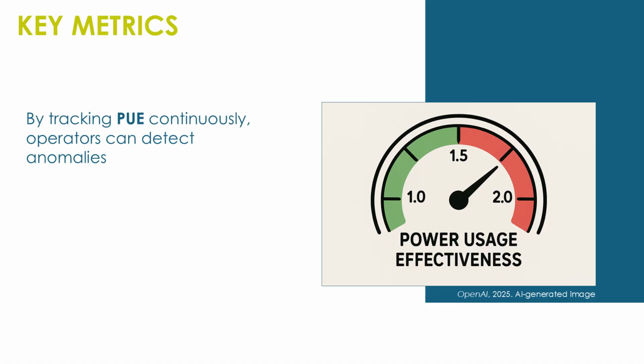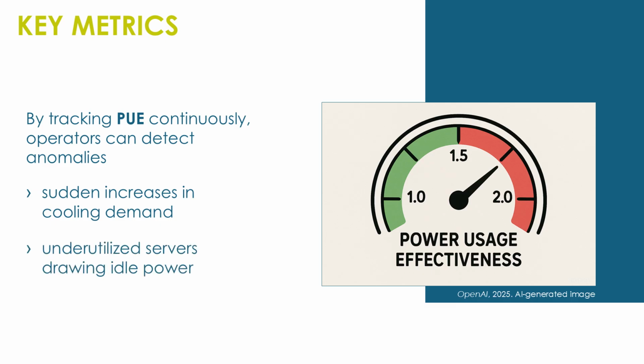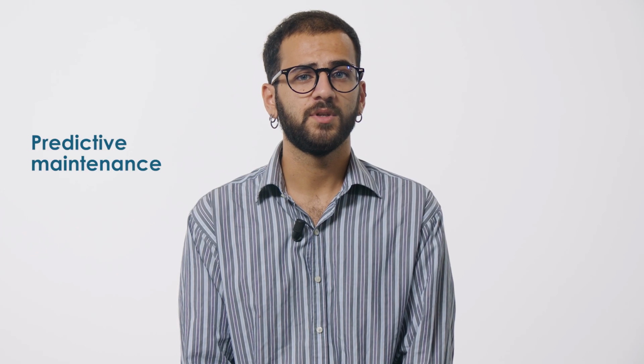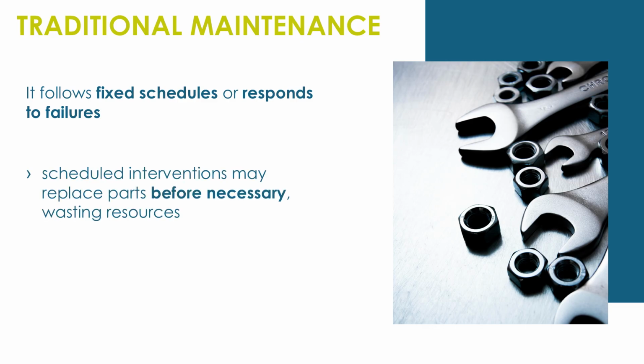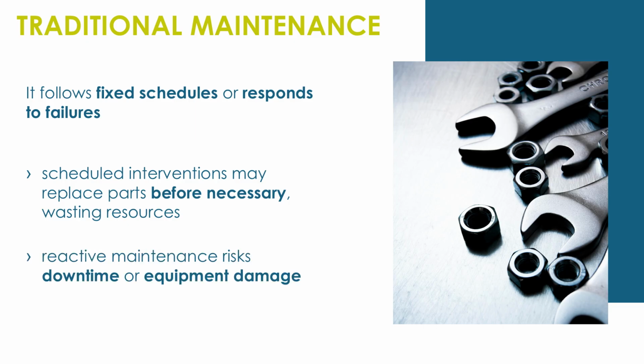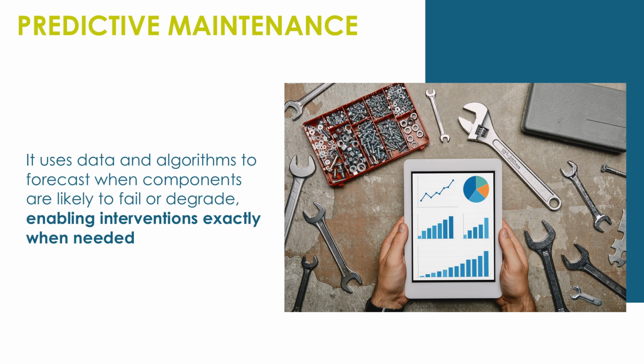By tracking PUE continuously, operators can detect anomalies such as sudden increases in cooling demand or underutilized servers drawing idle power. Beyond static monitoring, predictive maintenance represents the next step. Traditional maintenance follows fixed schedules or responds to failures. Both approaches have drawbacks. Scheduled interventions may replace parts before necessary, wasting resources, while reactive maintenance risks downtime or equipment damage. Predictive maintenance instead uses data and algorithms to forecast when components are likely to fail or degrade, enabling interventions